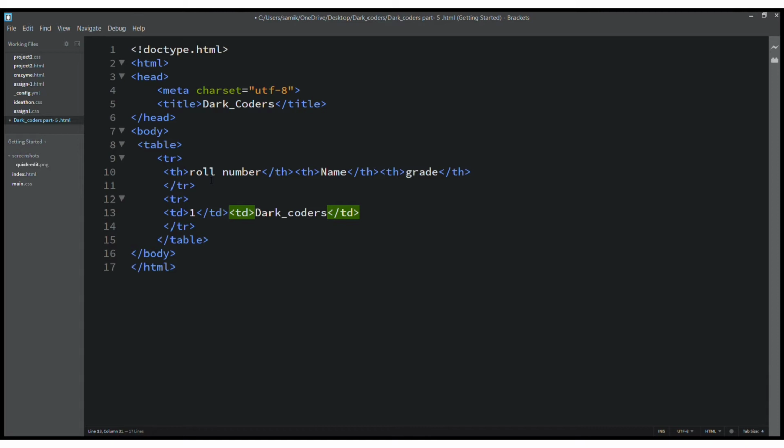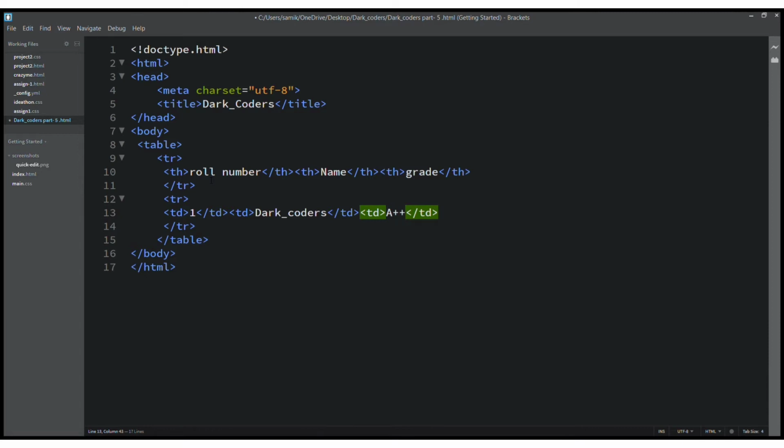Then after that td, and for the grade, one more td tag. I will write here td. Now in grade I will write A plus, with a capital A. You can write anything.